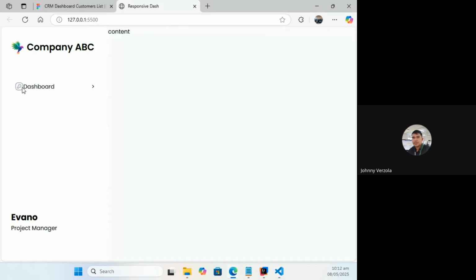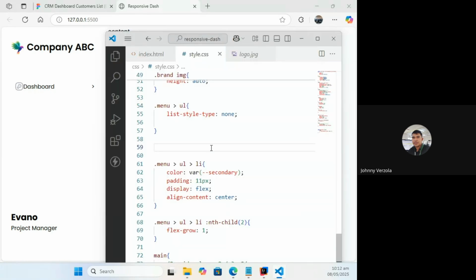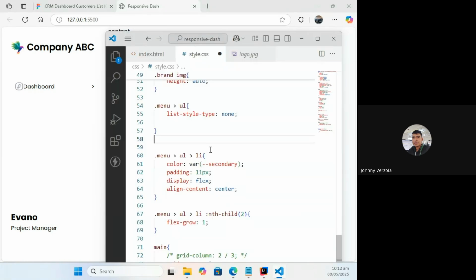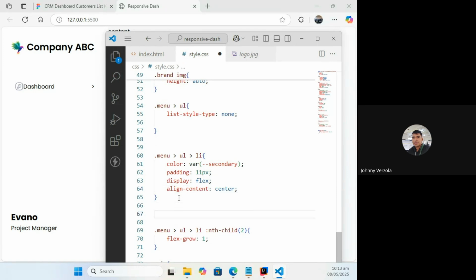Now, I want these to have a space between them. We can use the gap, or I can just add a left margin or right margin to that. So I can target the SVG by using menu, UL, and then LI, and then SVG.